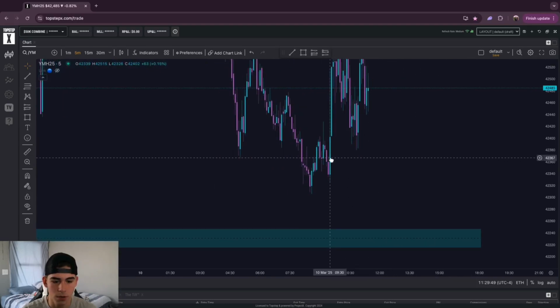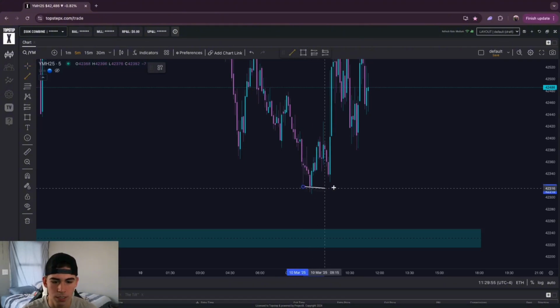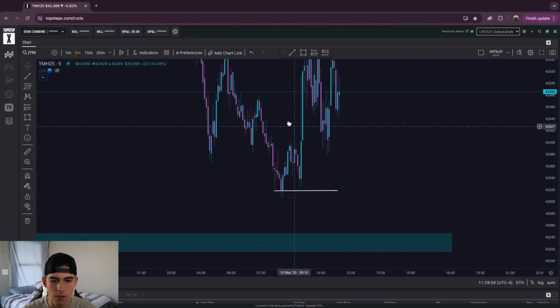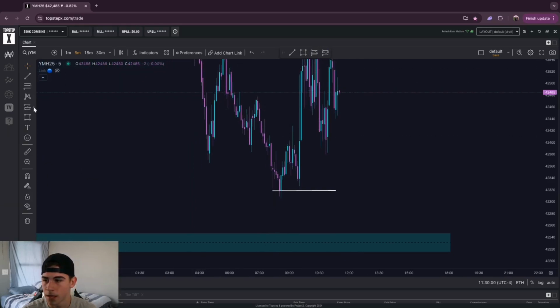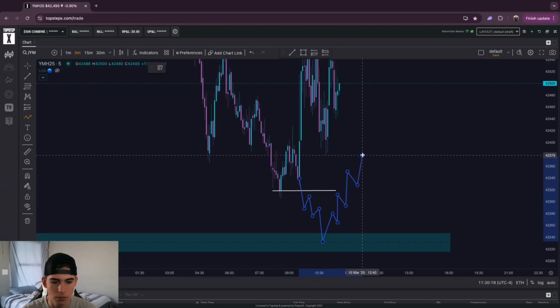So this is market open right here. Let's say we had our zone broken to take a sell right here, these lows. Let's say 9:30 comes down, we break out of here, come up a little bit, come down, come up, come up, come down. Say we hit this area, it could potentially come back up, start creating higher highs and higher lows, or